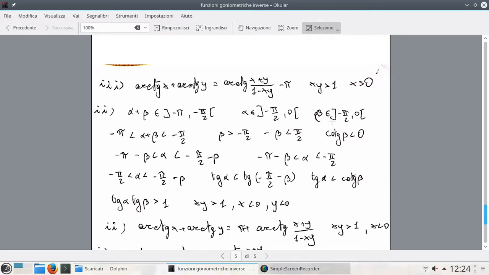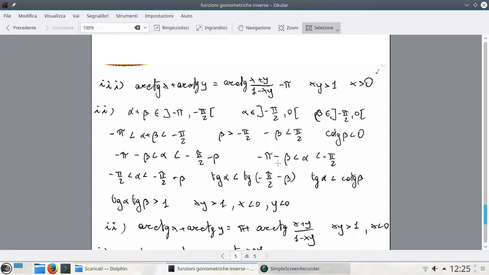Moreover, we have cotangent beta negative, so for the relation minus beta less than pi, we have minus pi minus beta less than alpha less than minus 1/2 of pi minus beta. So we have